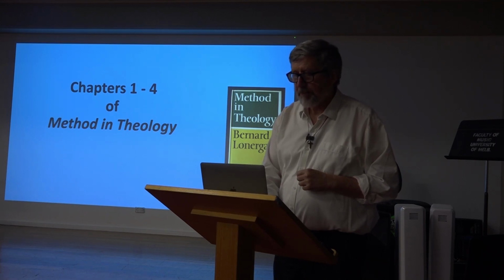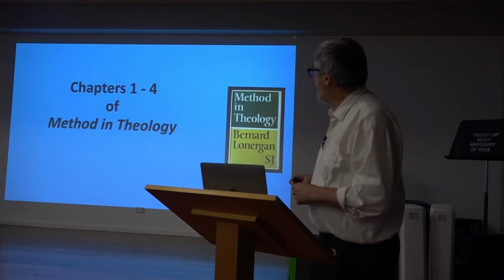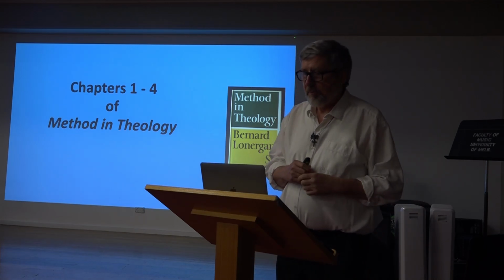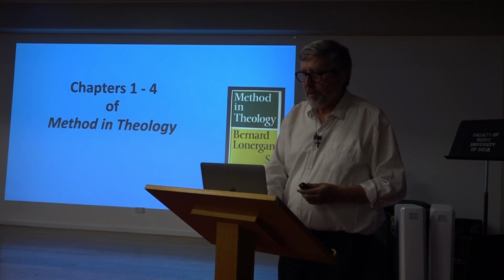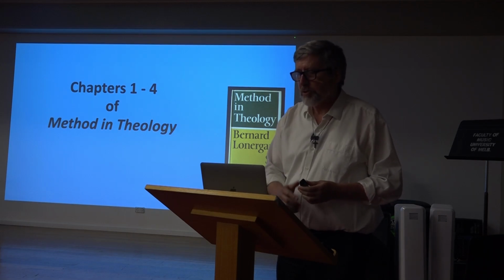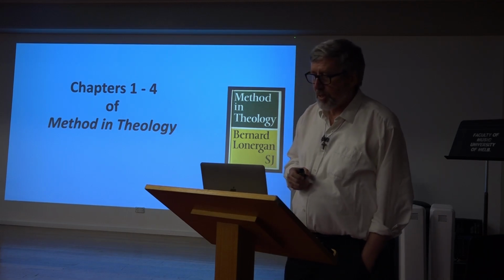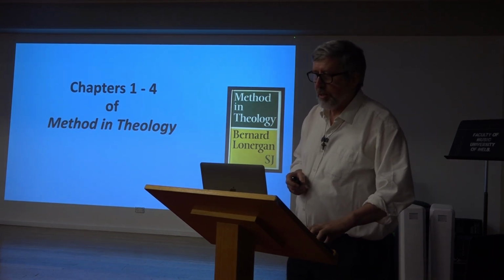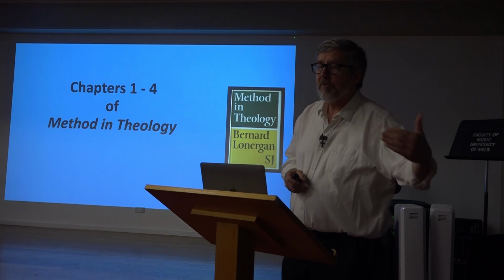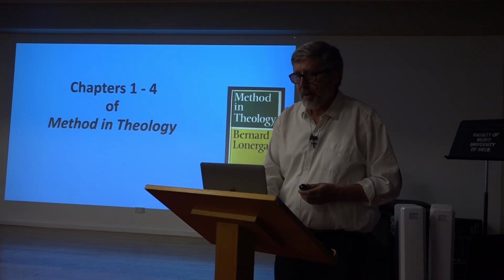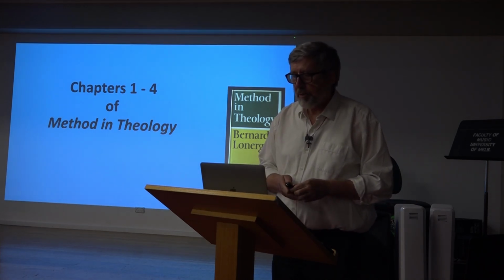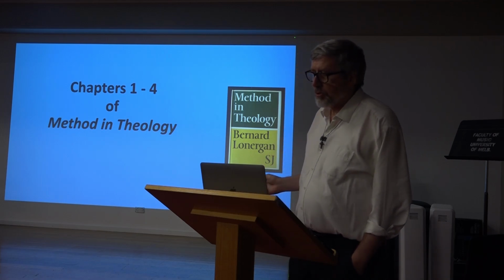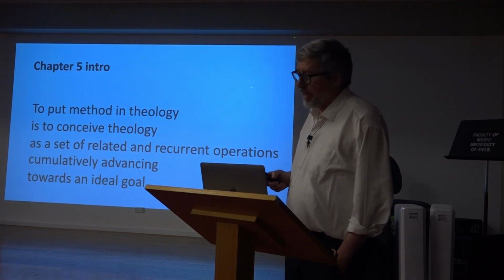Given the title of Method in Theology, one might have thought the book could have started at chapter 5 on functional specialties. It's here that Lonergan outlines his proposal for theological method in terms of functional specialization. Having laid out his rationale for this approach, he could have continued, as the book does, with chapters on each of the functional specialties. Certainly, the opening paragraph of chapter 5 makes clear that this is where his presentation of theological method as such really starts.